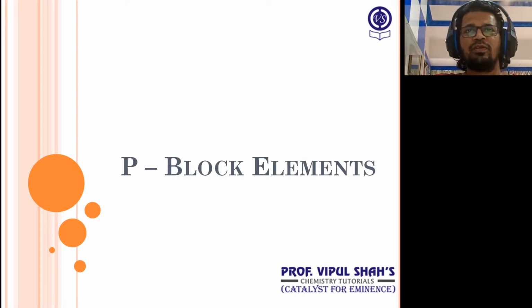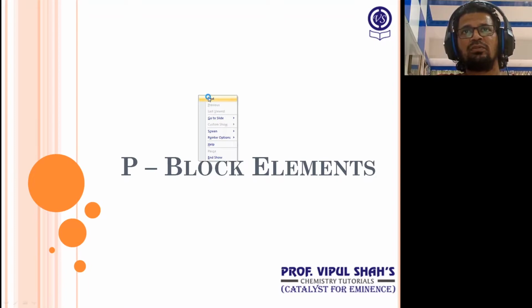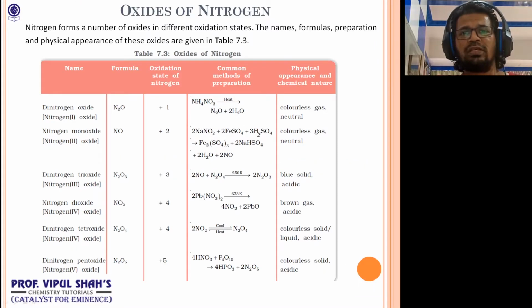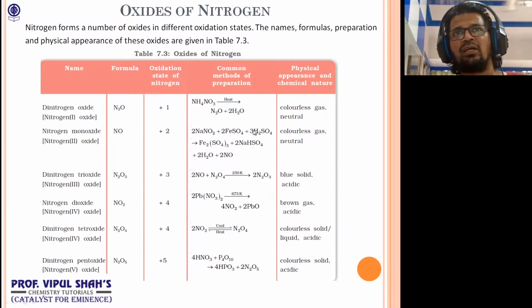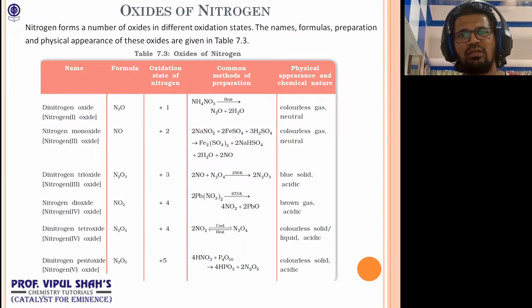In the previous video, if you observed, I had explained the oxides of nitrogen. Now next, the same concept of oxides of nitrogen, just to go through it so that you get an idea what are the different oxides I discussed. Nitrogen along with oxygen forms a variety of oxides. Just see the slide. I'm explaining some of the preparation methods so you know how to remember that also.